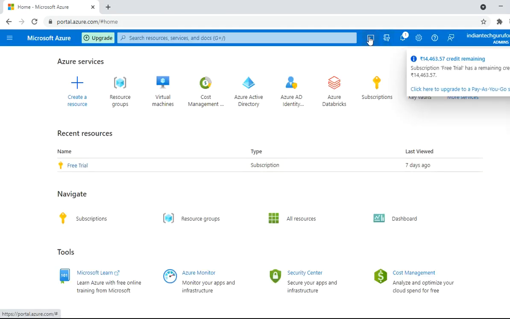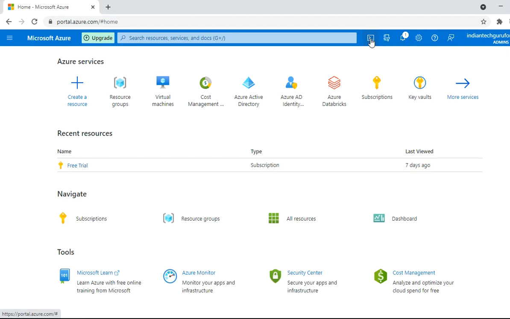Once we have successfully logged into the Azure portal, then to work with the bash shell, you have to click on the Cloud Shell icon. On the home page, you will find the Cloud Shell icon. Okay, here it is.